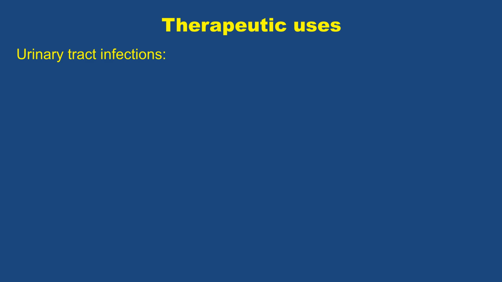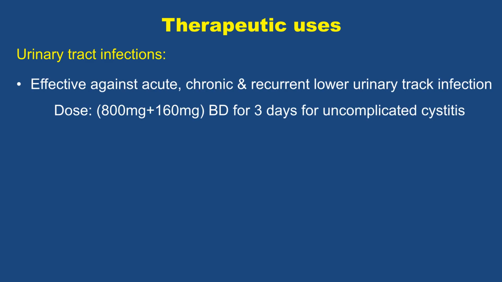Coming to the therapeutic uses of co-trimoxazole, it can be effective against uncomplicated lower urinary tract infections. It also can be effective against acute, chronic, and recurrent lower urinary tract infections at a dose of 800 milligram plus 160 milligram as a fixed dose combination, and the frequency will be twice a day for 3 days